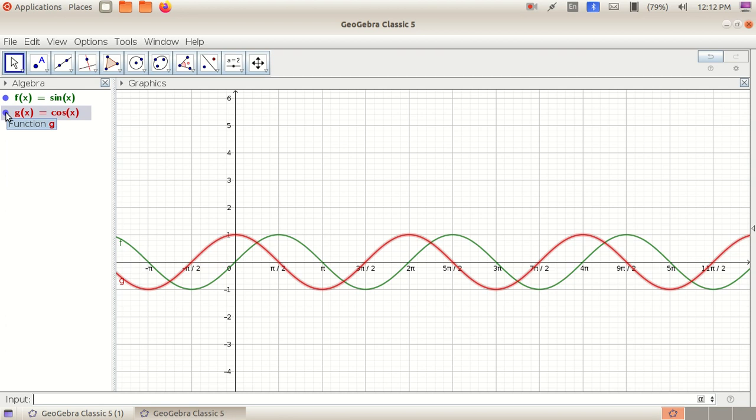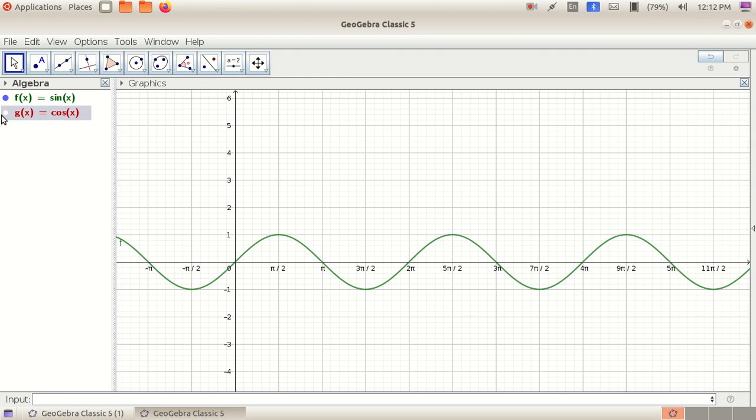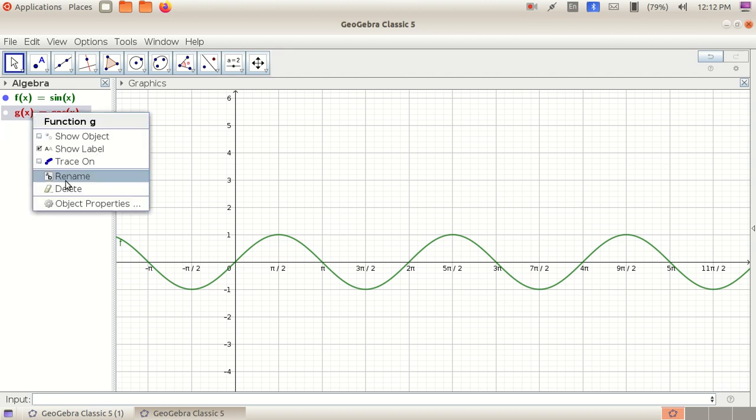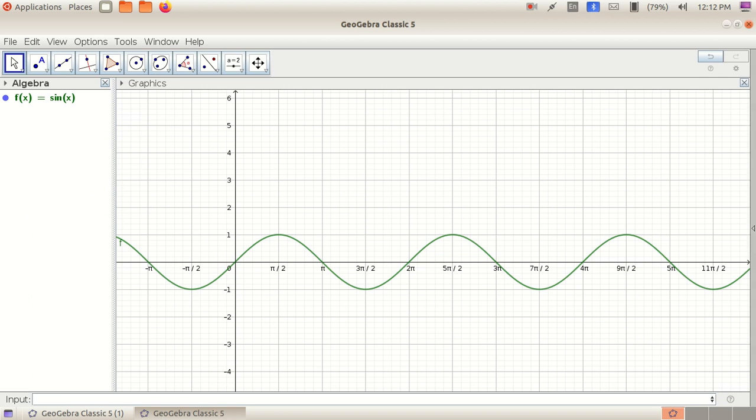This one here in algebra, if I click here, it will be disappearing. See here, the blue color has gone. Click here, it will go. Again click here, it will appear. Okay, so we can hide it if we don't want it. Or if we want to delete this, right click here and put delete. It will be gone. Again, if I want to draw cos x in another graph, what we will do,